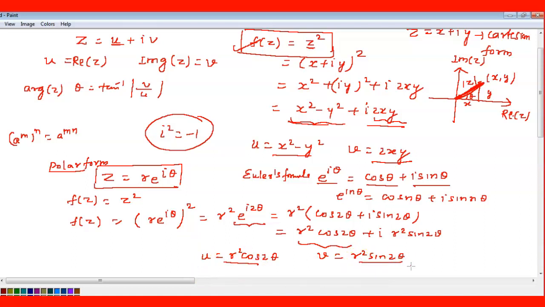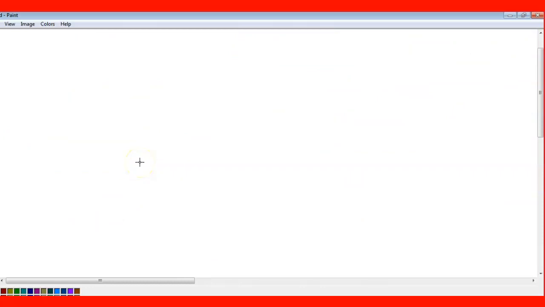Till here any doubt? So why are we doing this? When you have to apply the Cartesian form and when you have to apply the polar form, I will tell you while solving the problems. But now, try to understand why we are taking the real part and imaginary part separately here. Okay, so the Cauchy-Riemann equations.